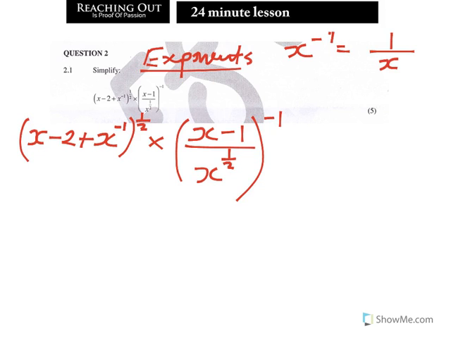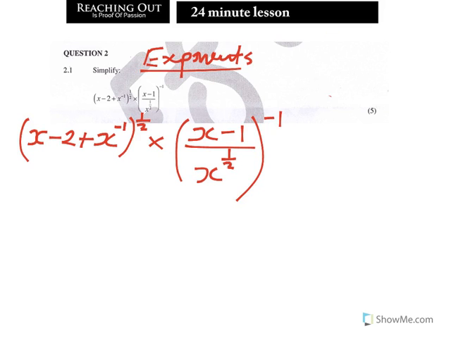And also, using the laws of exponents, if I give you x to the power negative 1 to the power negative 1 is equal to 1 over x to the power negative 1, which is equal to x. But I'll show that later. But now, using the same principle,